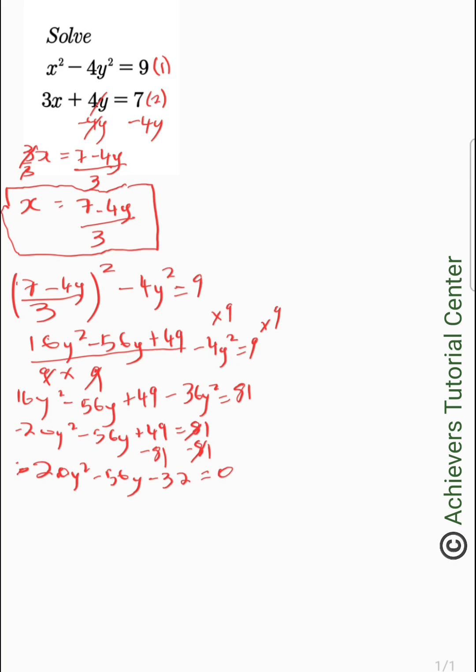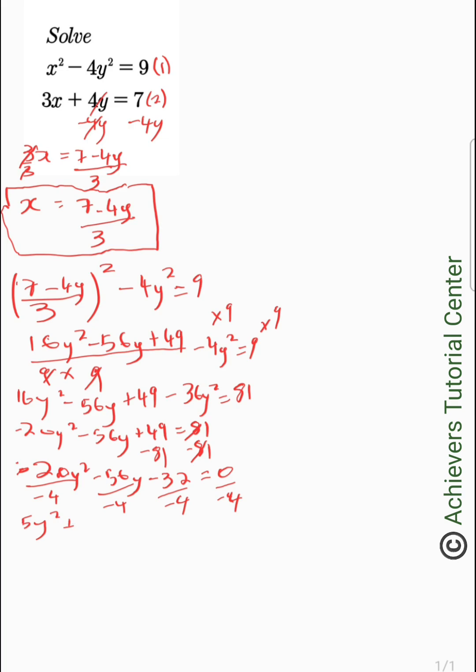So we can simplify this further. We see that the common factor of minus 20, minus 56, minus 32 is minus 4. So we can divide by minus 4 throughout. So minus 20y squared divided by minus 4 gives us 5y squared